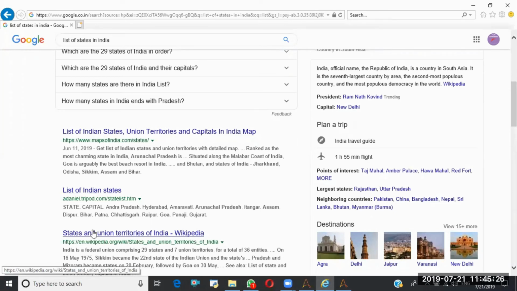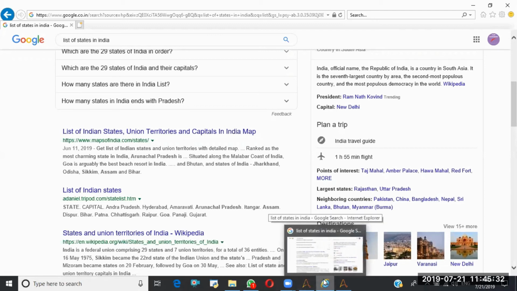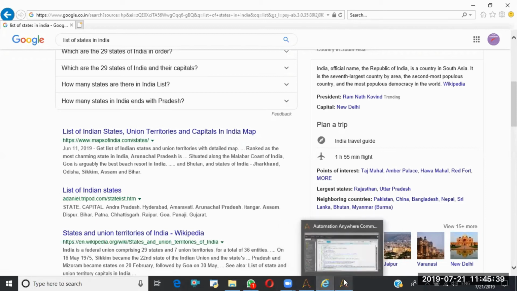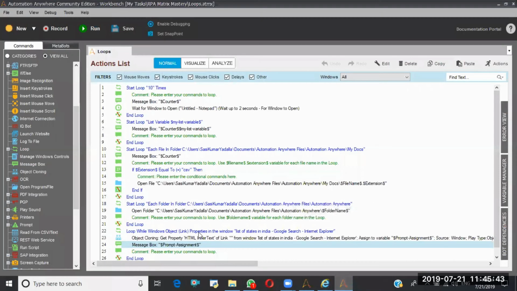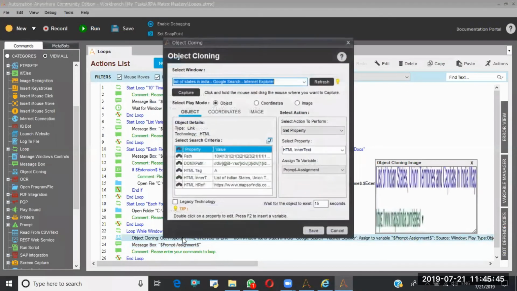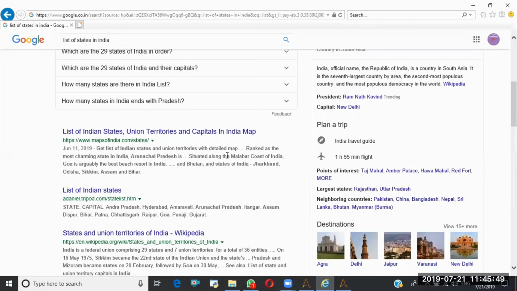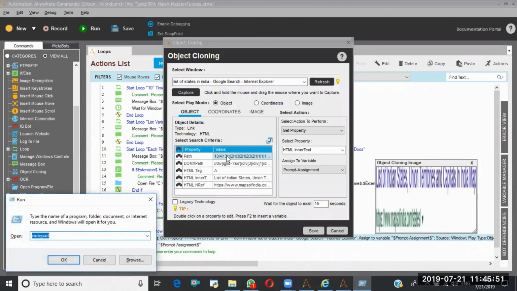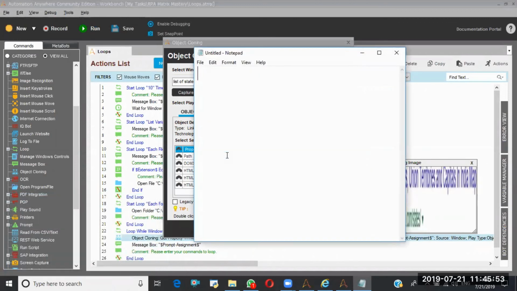So if my control should go to the next object, I need to perform the object customization. We already discussed object customization when we discussed object cloning, so I am performing it directly now. I am taking this path here, pasting here.